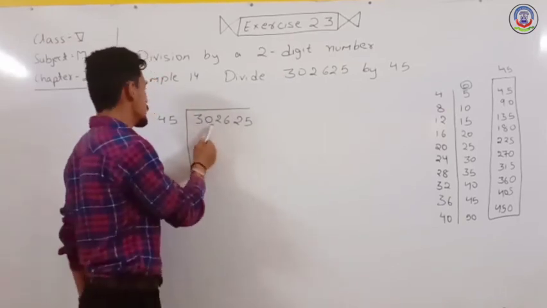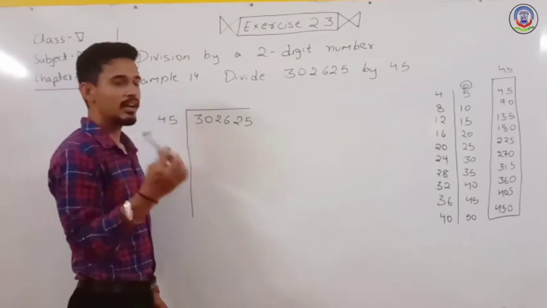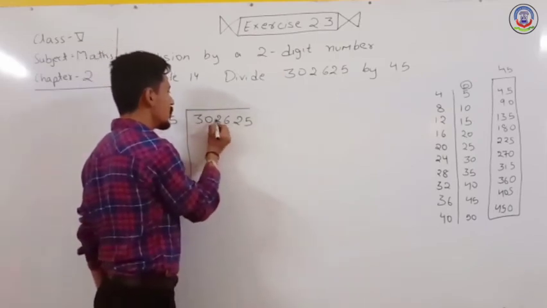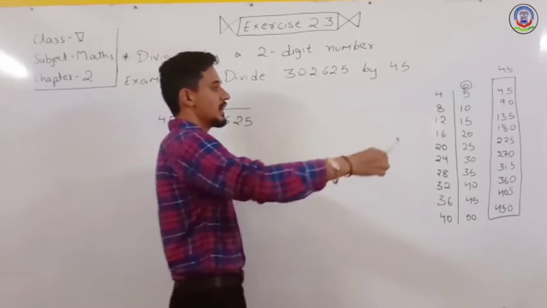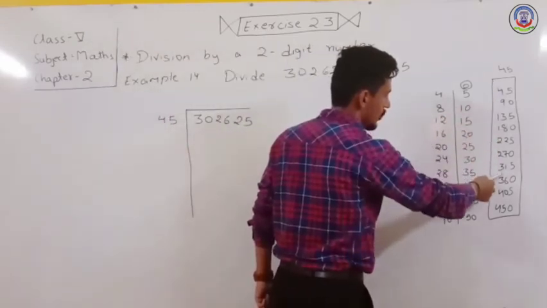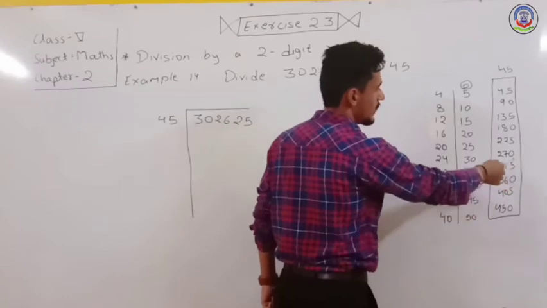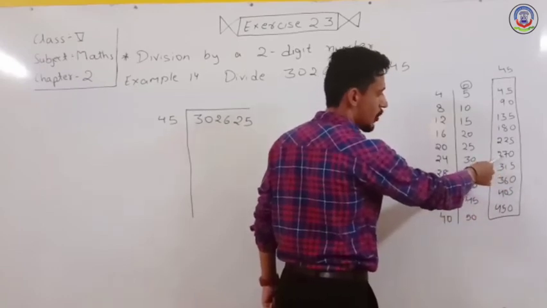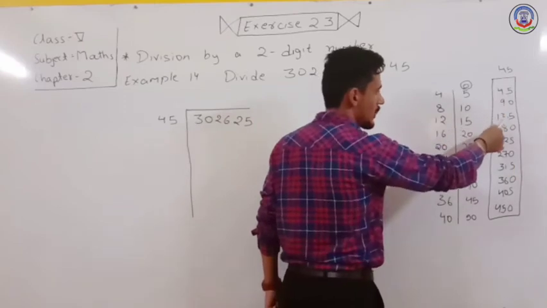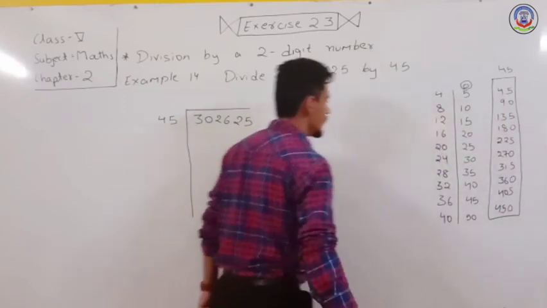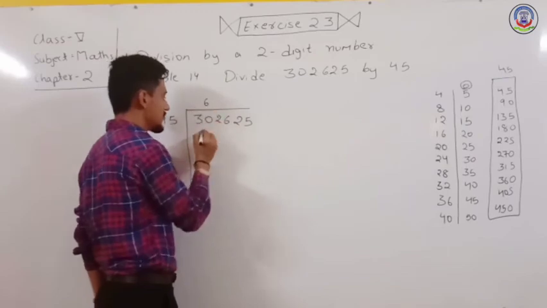So 30 is smaller than 45, so we will take 3 digits, so 302. Now we see that here it is a 302 number, here it is 270, which is smaller than 302. How many times it comes? 1, 2, 3, 4, 5, 6. 6 times. So we write 6 times